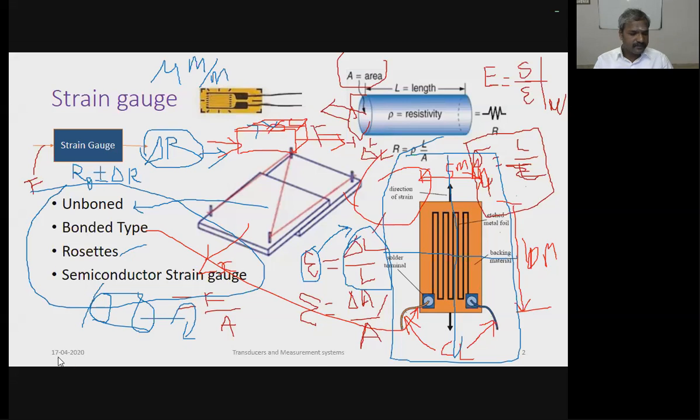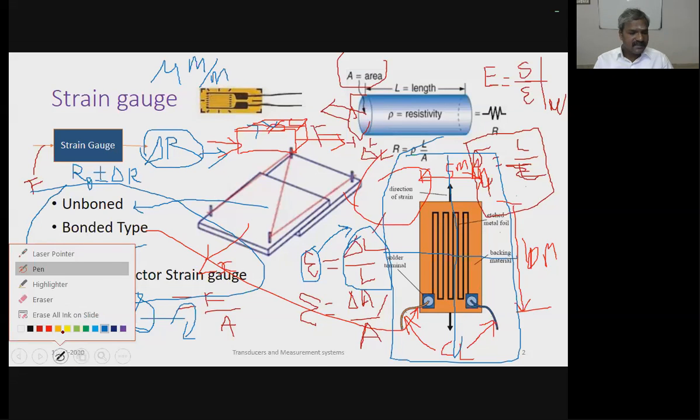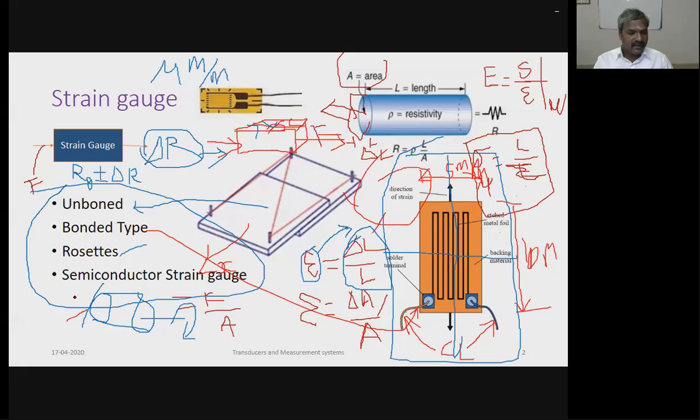Suppose one end of the circular cylindrical rod is fixed and the other end is free. If you apply a rotational torque, this end is fixed and this is movable. Just imagine, if one end is fixed and you turn this, what happens? The rod is twisting. Okay, there is a twisting force.